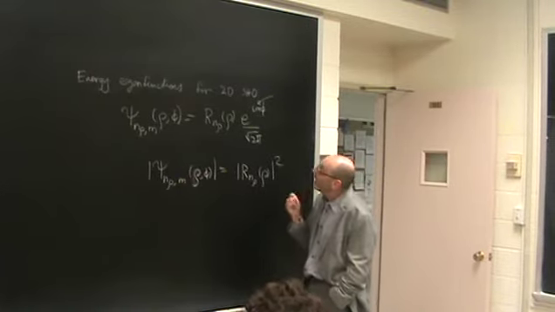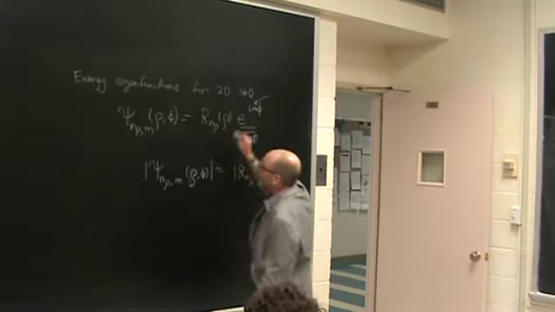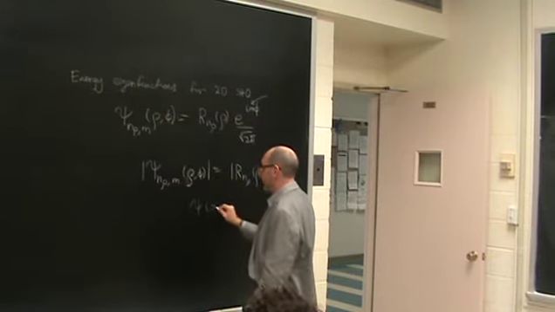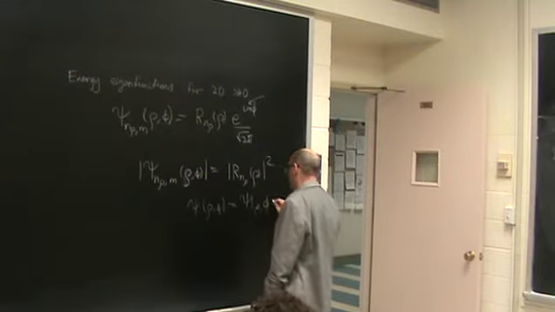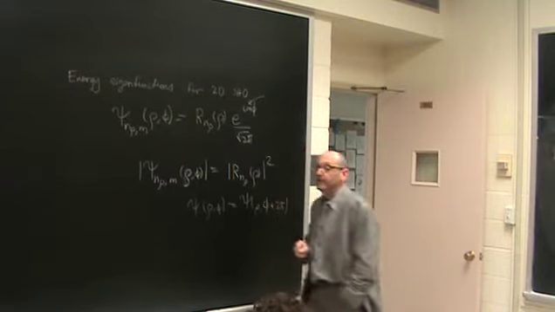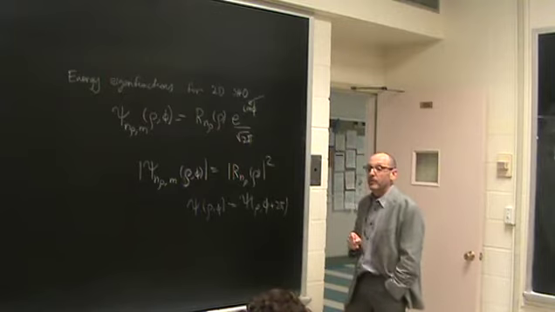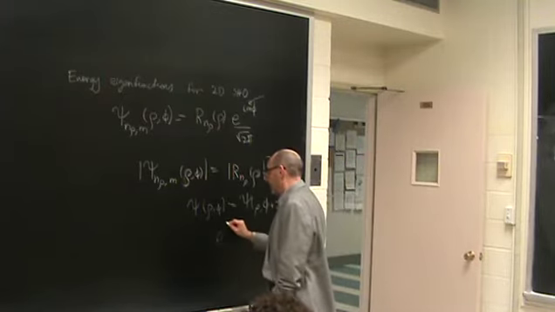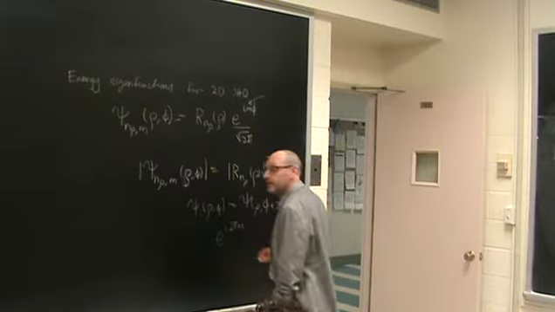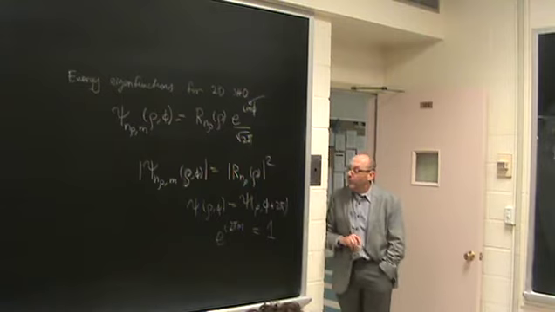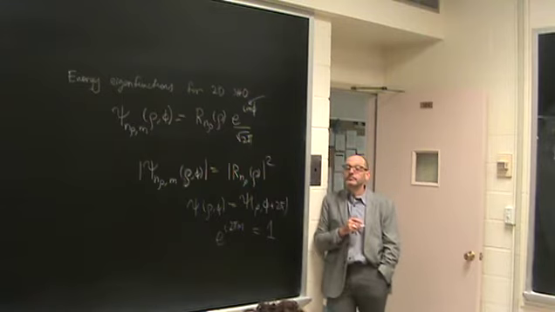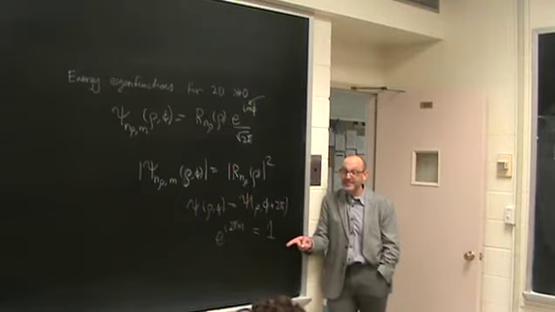So we have to have it the case that this wave function at phi has to be continuous when I go around by 2 pi, right? Which means that this has to equal 1. So what are the allowed values of n? Integers. Integers, not half integers. That's not allowed